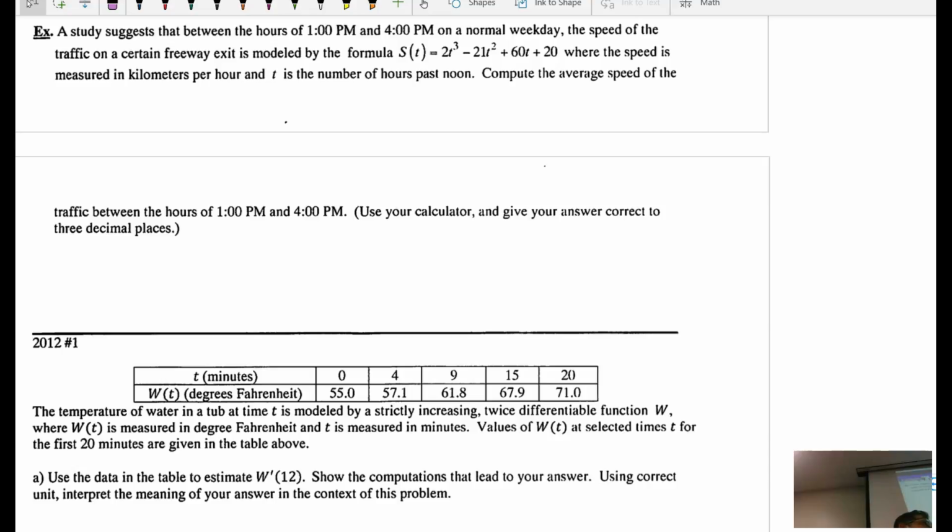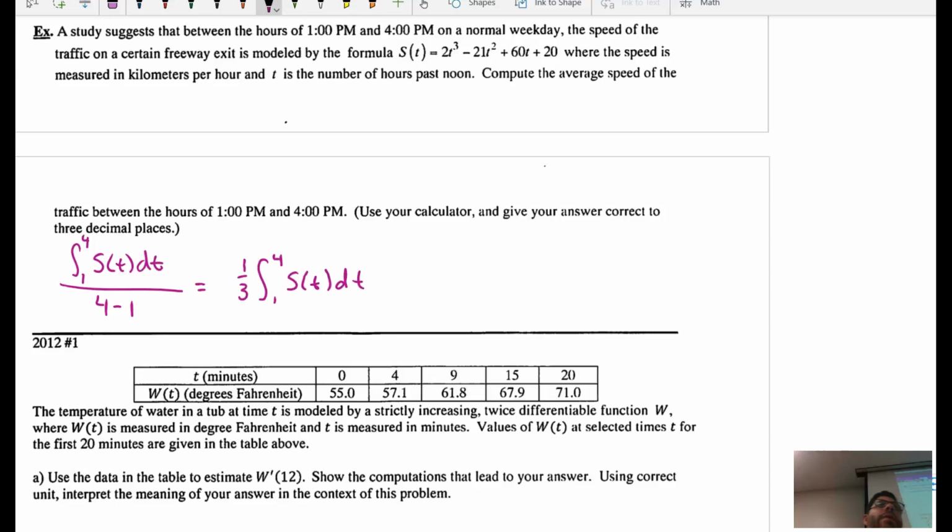So how would I find average speed? The integral over the interval. Or if I want to find average anything, I integrate the anything, I divide by the interval. So if I want the average speed, I integrate the speed. I divide by the interval. This interval is from what time to what time? 1 to 4. Divided by 4 minus 1, which we could write as 1/3 the integral from 1 to 4 of S of t